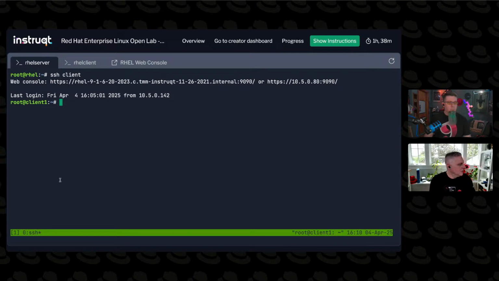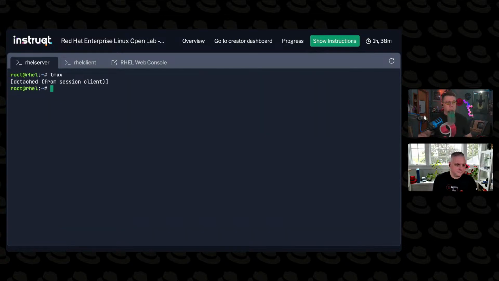So I'm going to use Control B. So that's a Control and B pressed at the same time. That's a signal to Tmux that you're about to send it a command to do something. And the command I'm going to use is the $ sign. Notice down here it says rename. Let's call it client. Right. So here we are. There you go. And if I Control B D to disconnect again,